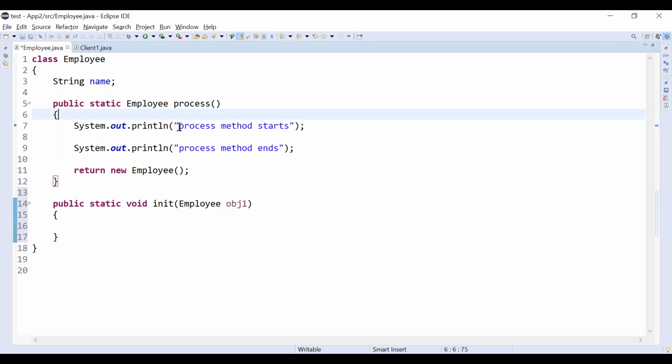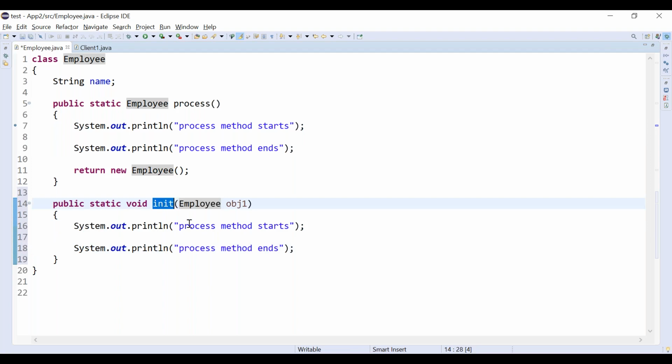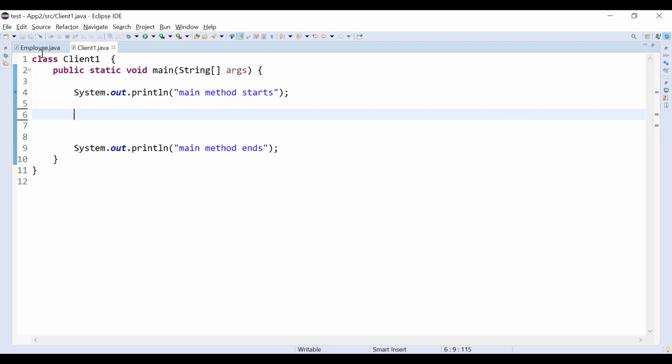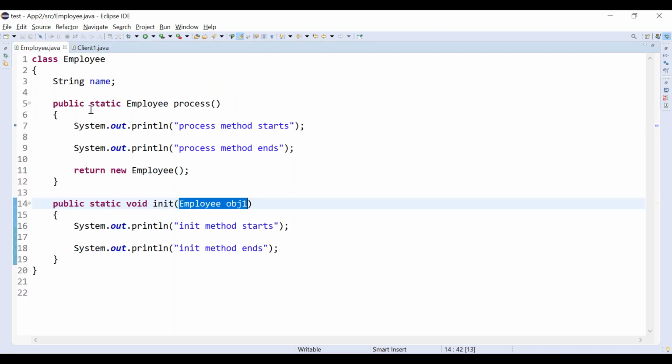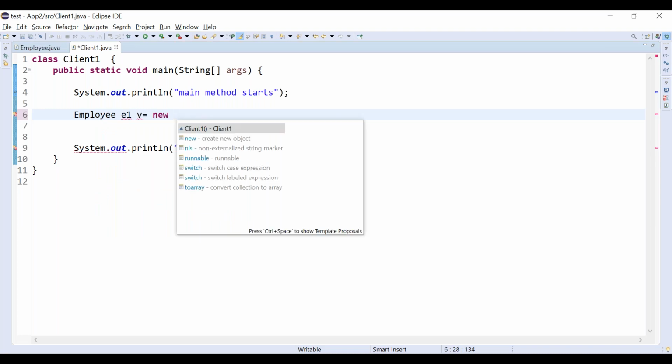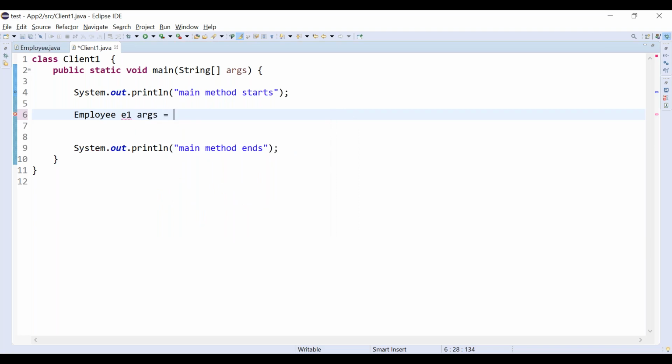Now I can print both statements: init method starts, init method ends, correct? Now how will I call the init method? It takes one argument, pass by reference, right? When I am calling the init method, I will create one object, something like this: Employee e1 equal to new Employee, right? So what will I do?